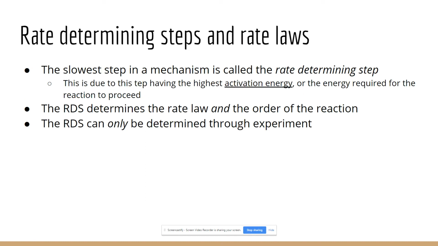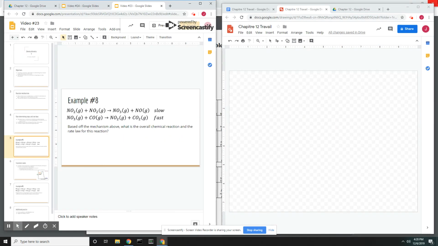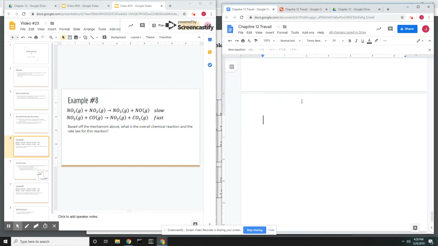Pause here. So when there's multiple steps, the slowest step is what's called the rate determining step, or the RDS. That is the step that has the highest activation energy, meaning the highest hill in the reaction diagram. The RDS determines the rate law and the order of the reaction, and this can only be determined through experiments. Pause here. So we're assuming that this mechanism that's given was taken from an experiment,